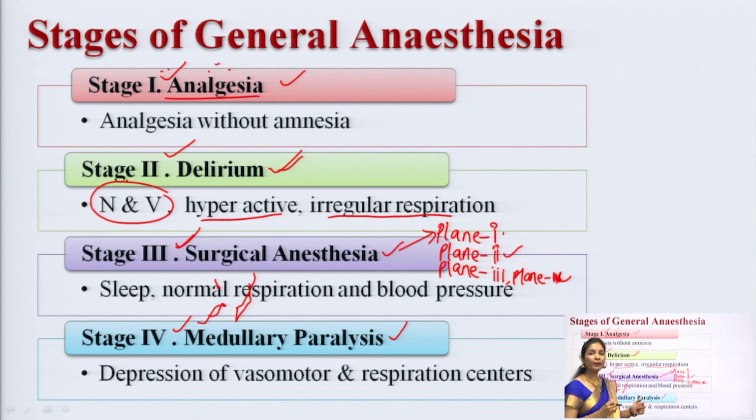If I am talking about plane 1 and plane 2, in both planes the blood pressure will be normal. So, you had seen in stage 2 the person can get excited, can shout, can vomit, with hyperventilation, increase in blood pressure, and increase in muscular activity. All these things will be abolished in plane 1. Okay. If I am talking about plane 2, here a decrease in blood pressure will be seen. So, whatever you had seen in stage 2, everything will be abolished especially in plane 1.